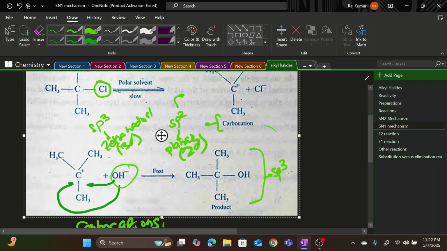But if you just take a primary alkyl halide, if the same nucleophile is attacking the primary carbocation, then it's going to attack from here, from here, from